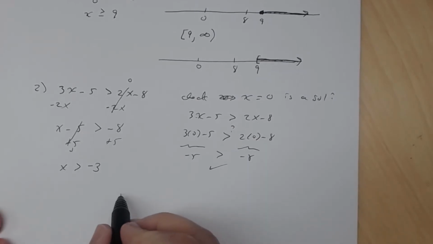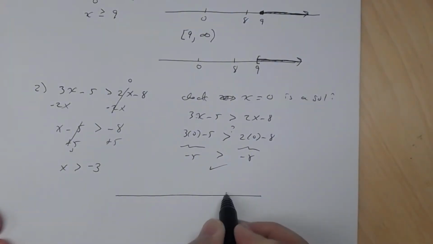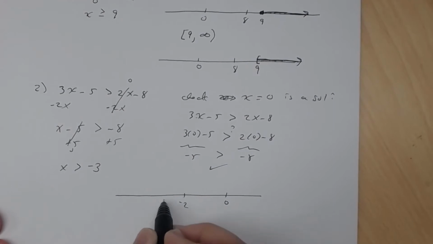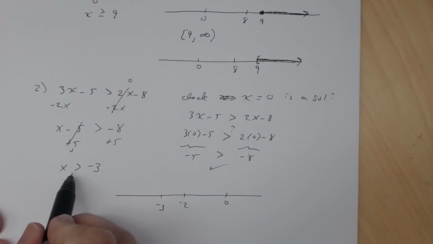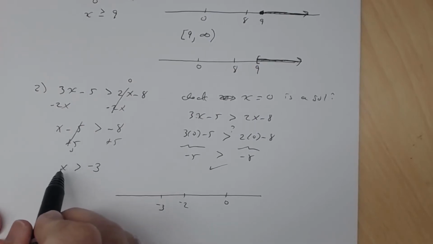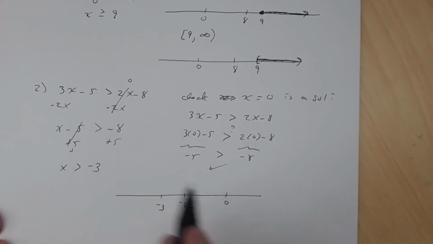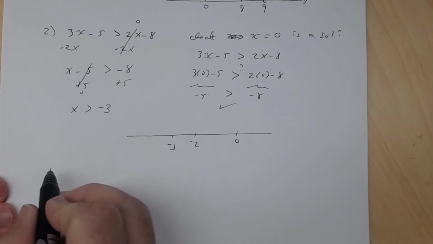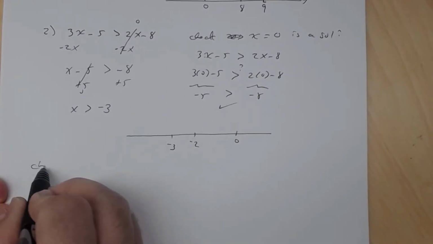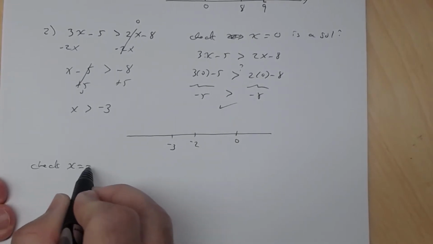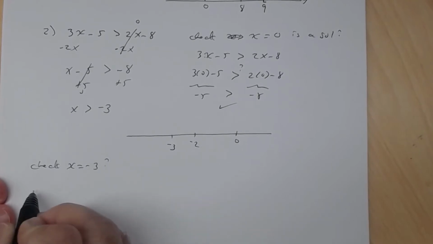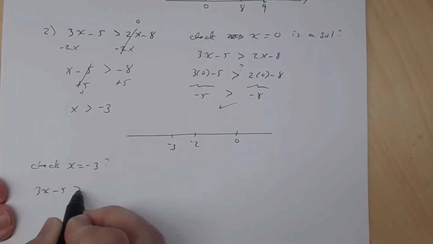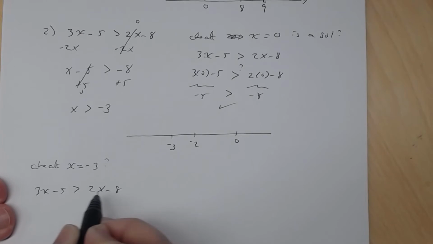All right, so on your number line, this is 0, this is -2, this is -3. Since there's no equal sign here, that means that -3 is not a solution. -3 is not a solution. Make sure you understand that there's no equal sign. So what that means is this. If you check x equal -3, you go to your original inequality, and where we see the variable x,